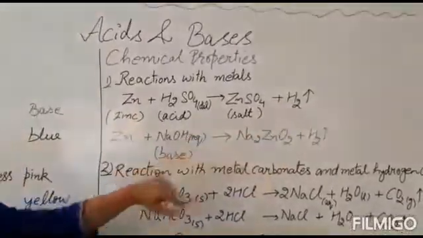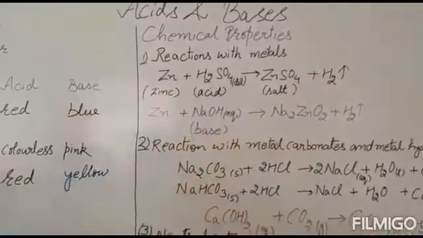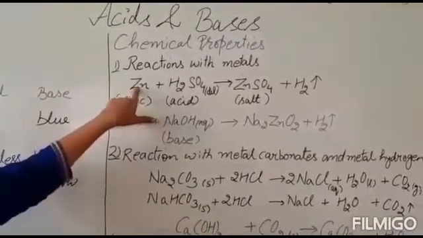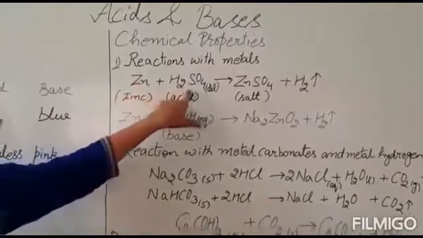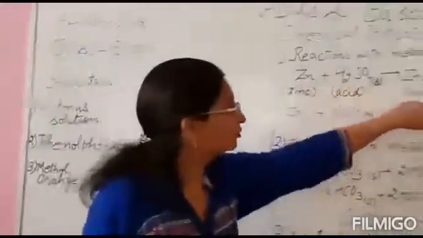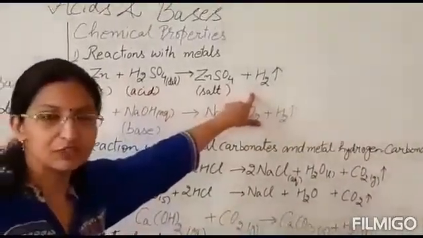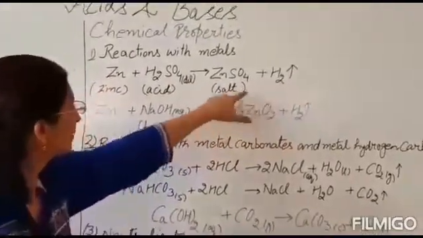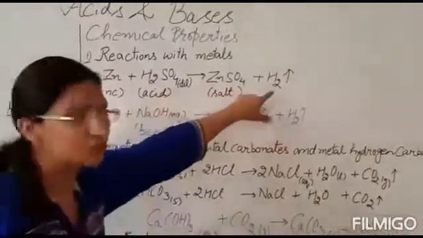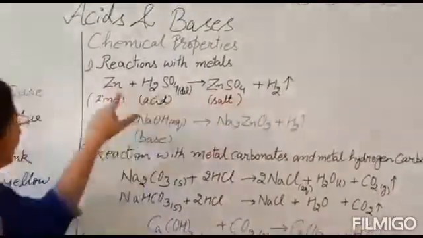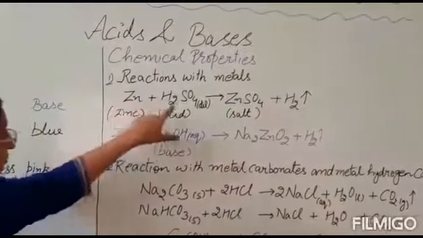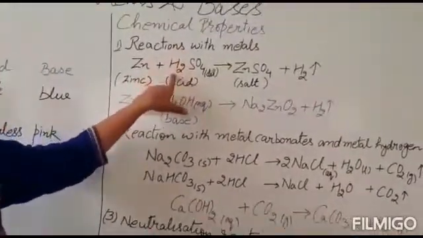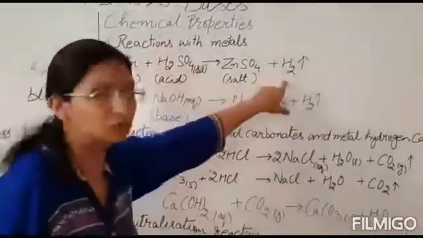So here I will show you the experiment by making use of zinc granules. I will make these zinc granules react with dilute H2SO4 and then hydrogen gas will be liberated, which will burn with a pop sound. And then it is clear from the balanced equation that this hydrogen gas has been liberated by the metal zinc from the sulfuric acid, the hydrogens present here. These are evolving out as hydrogen gas.